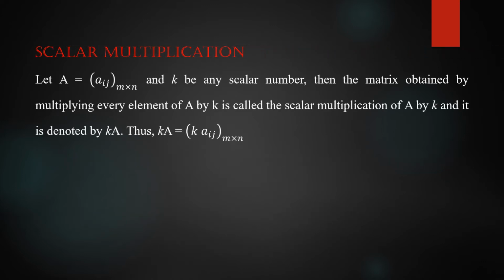So this time I am going to discuss scalar multiplication. Scalar means it is a number, a real number, or you may take a complex number also. So that is any number k, and if you have a matrix A, then scalar multiplication means k into A will be equal to what? That is the definition of scalar multiplication. Is that clear? I am writing the definition here. The matrix obtained by multiplying every element of A by the number k is called the scalar multiplication of A by k.